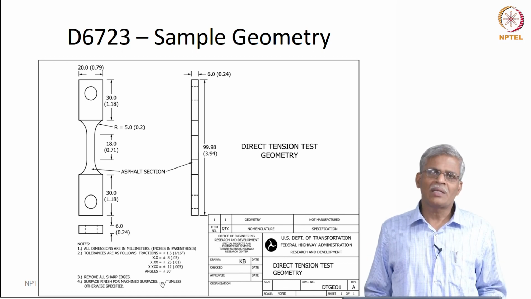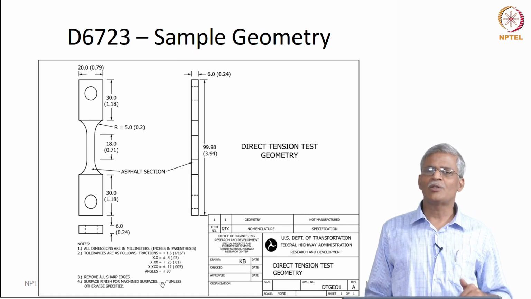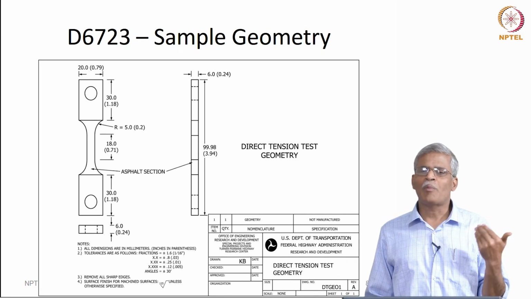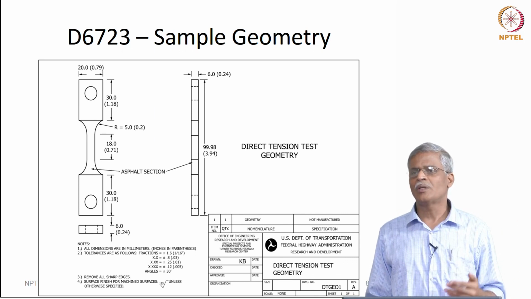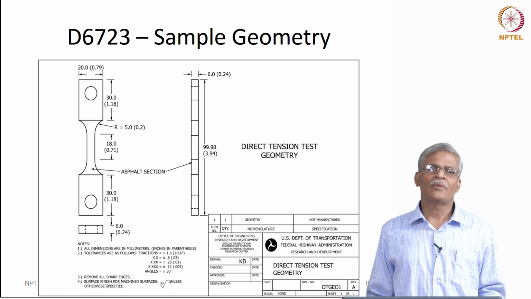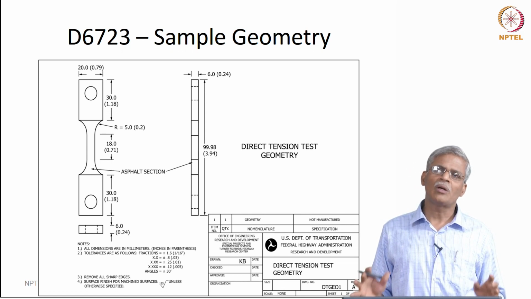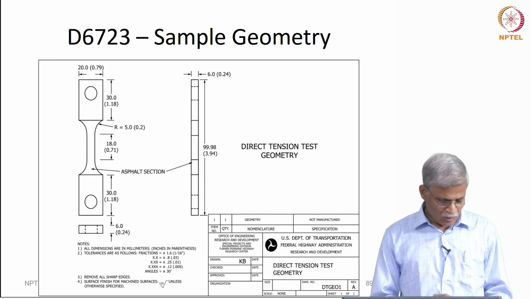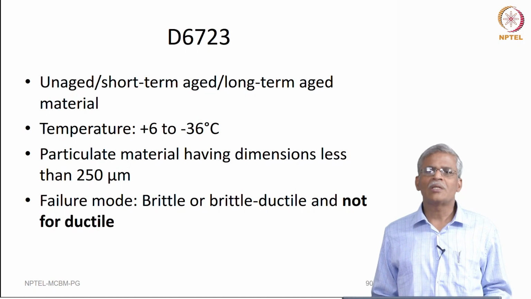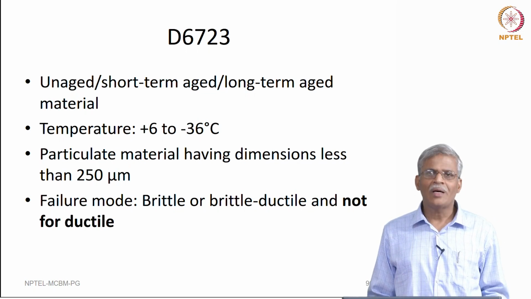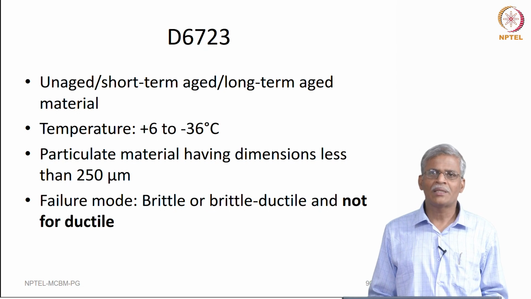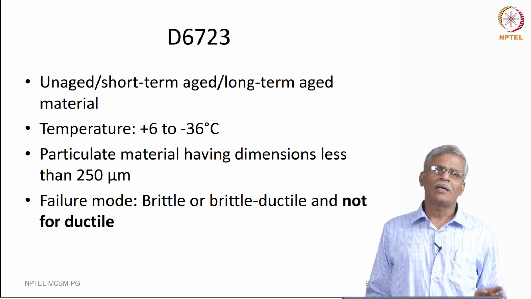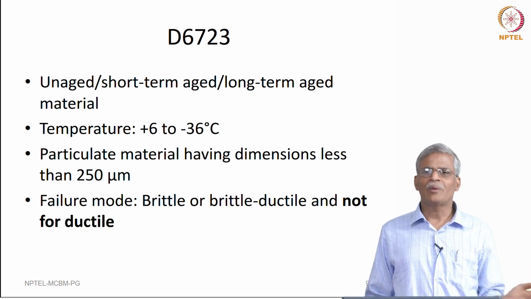Making the sample is a very tedious process, but nevertheless if you really want to test the low temperature performance grade properties of the bitumen, you need to do this. Particularly the ASTM 6723 has detailed procedures on how the sample has to be made. So, then this is applicable for the case where you can use the sample in the unaged condition, short term aged condition, or long term aged material, and the temperature in which you will be testing is somewhere between 6